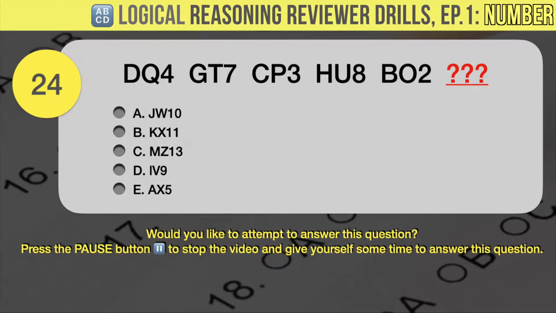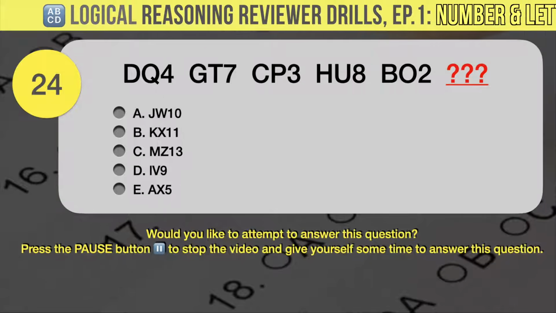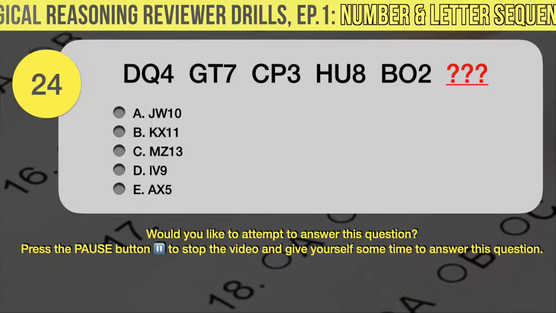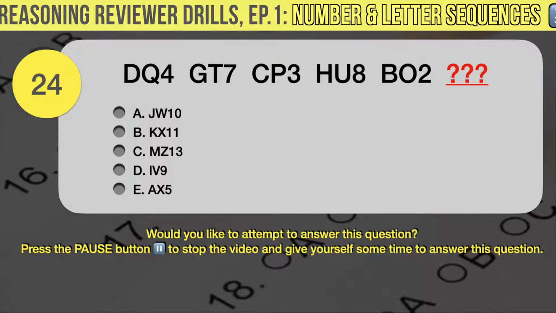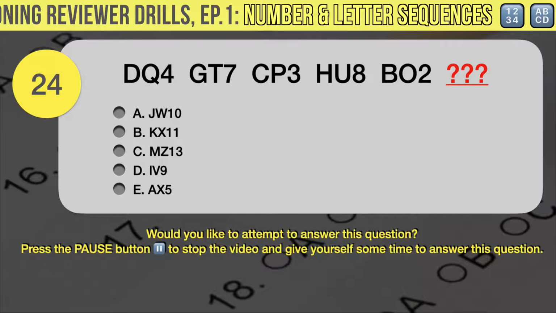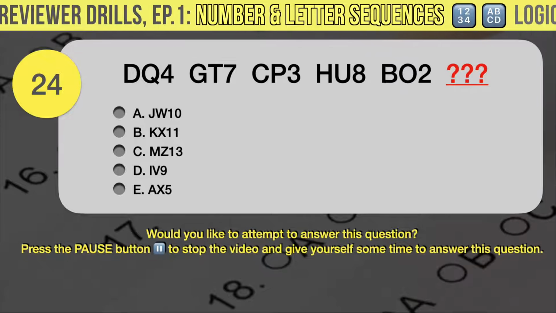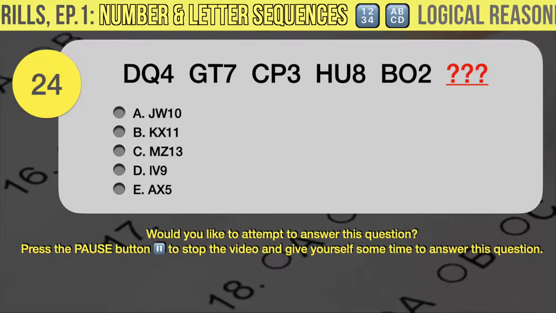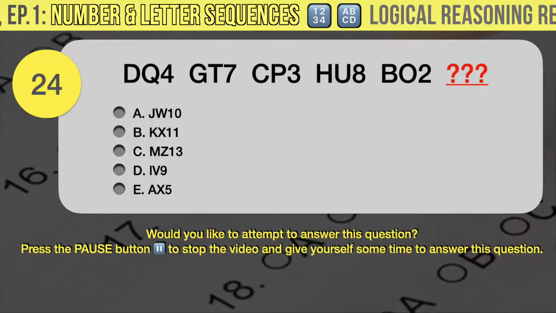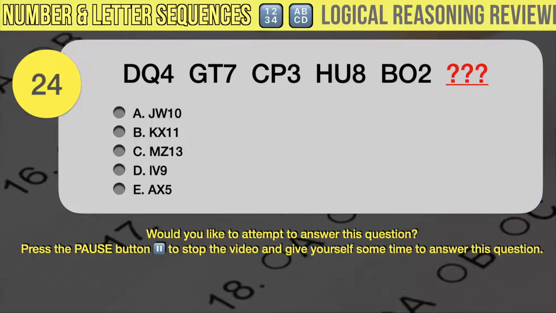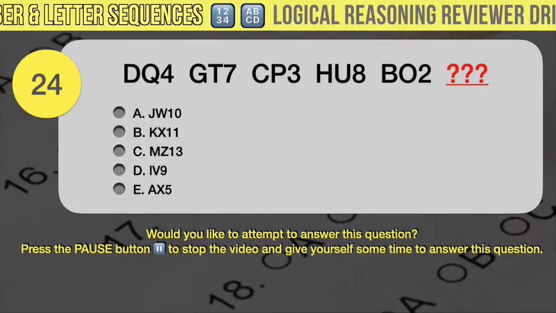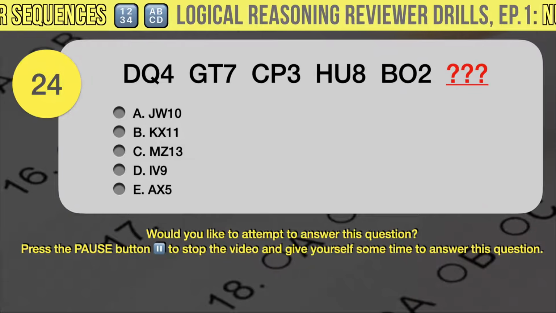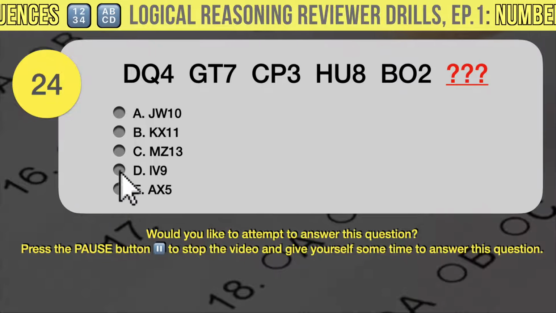Drill question number 24. Which letters and number combination comes next in the following sequence? DQ4, GT7, CP3, HU8, BO2. Your answer choices are A, JW10, B, KX11, C, MZ13, D, IV9, E, AX5. The correct answer is D,